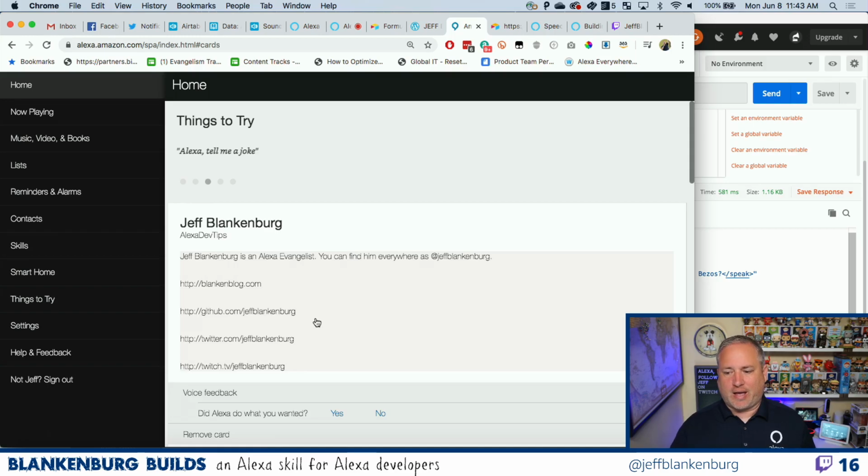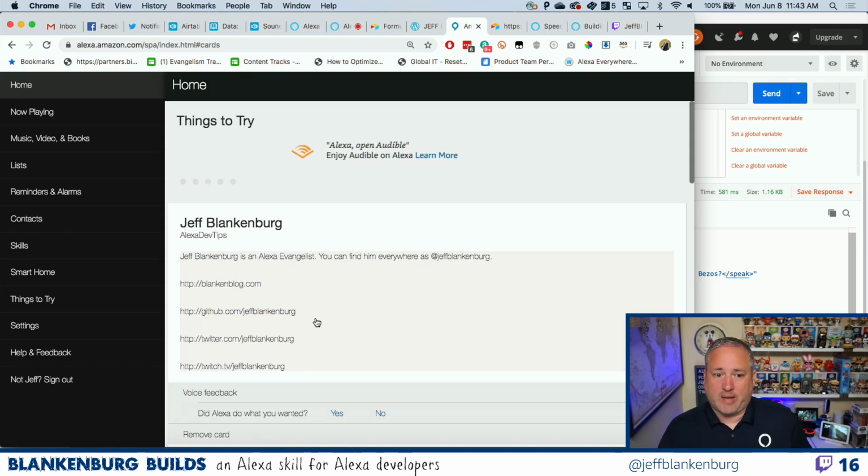You're just not allowed to make them clickable. There's no way to make them clickable. But you can totally send a link. It's just that someone's going to have to copy it out. And on top of that, in the Alexa app, at least on iPhone, they're not even copyable.